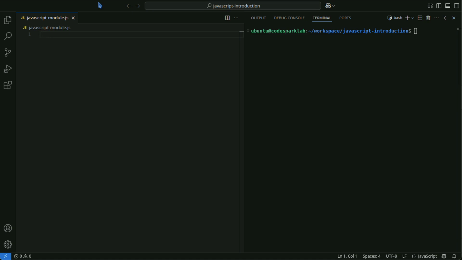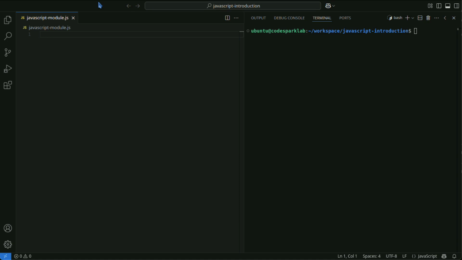ES modules is the standard module system in JavaScript, allowing easy exchange of functionalities between modules. In browsers and Node.js, this system is used to define and import modules. Export is a keyword for exposing functionalities from a module to the outside. Import is used to incorporate functionalities defined in other modules.